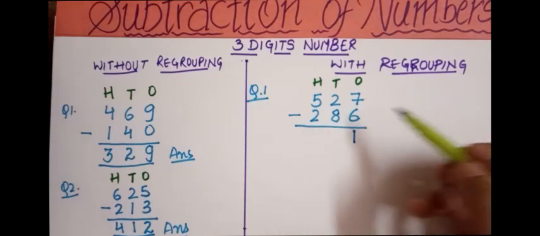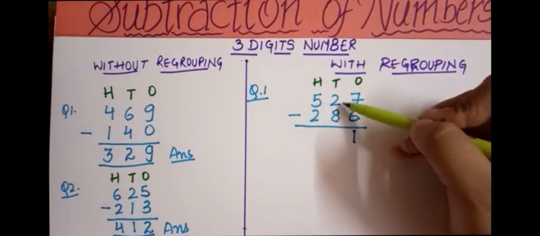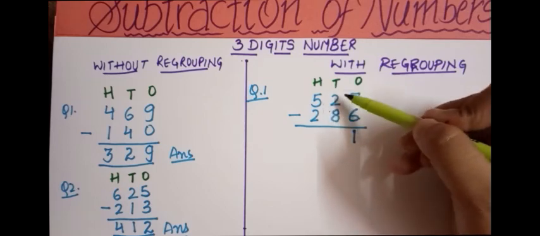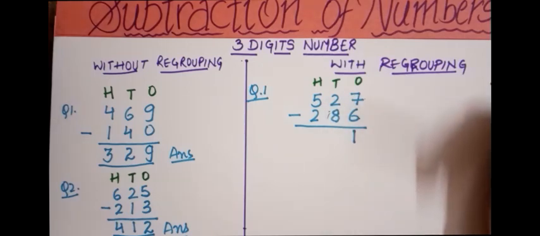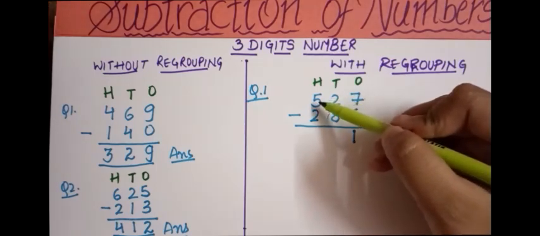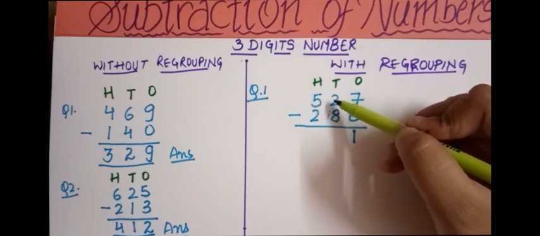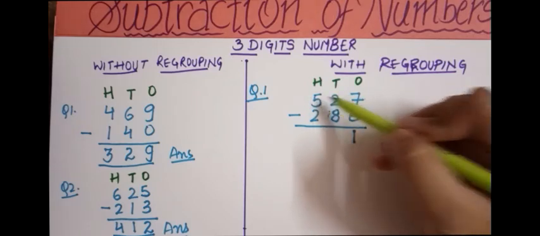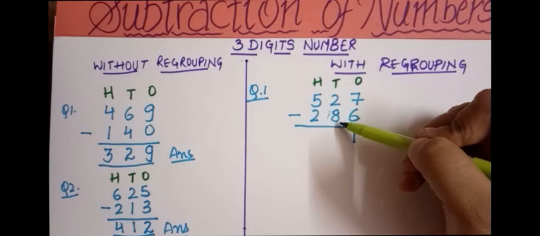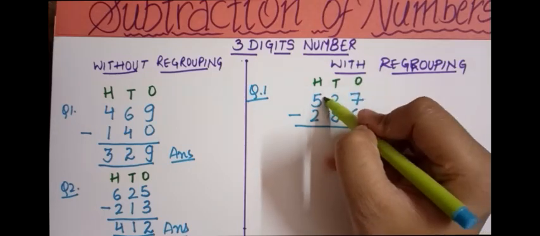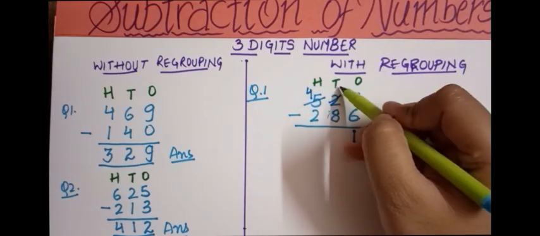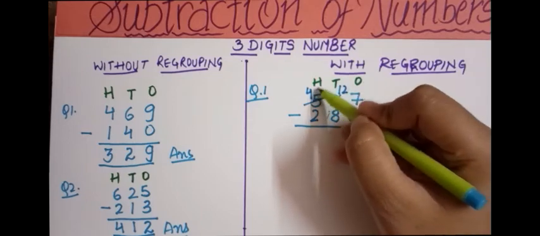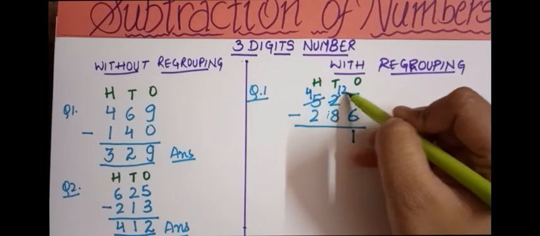Then the next one is moving on to the tens one. Here it is 2 minus 8. It means you have to subtract 8 from 2. So children, can we subtract 8 from this 2? No. So that means we'll take borrow from this 5. Like we have done it in 2-digit numbers. We will take borrow from the adjacent number which is forward to it. So in this, 2 is smaller and this 8 is bigger. That means we will take borrow from this. So this 5 will become 4 and this 2 will become 12, because 100 is mixed up to this and it will become 1, 2, 12.